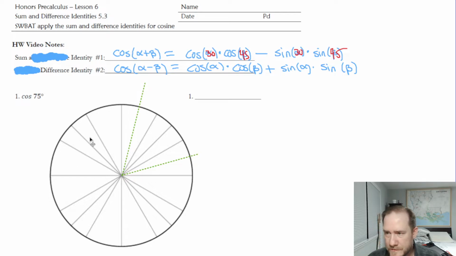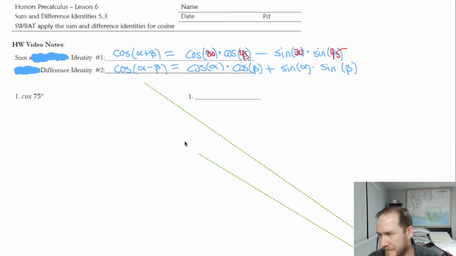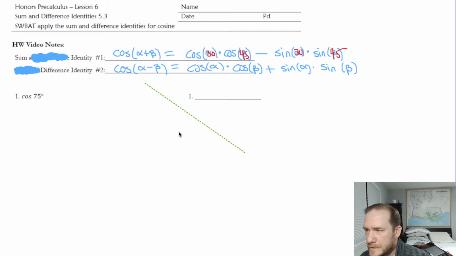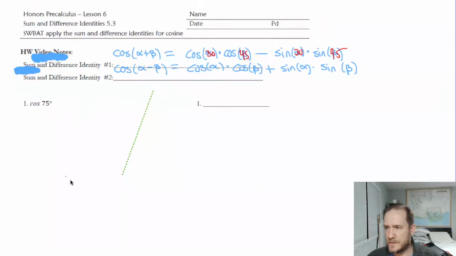And again, this is the one problem that everybody should already have in their notes anyway. So if you want to fast forward, be my guest. There we go. Okay. So like I said, if you wanted to find the cosine of 75, you're going to